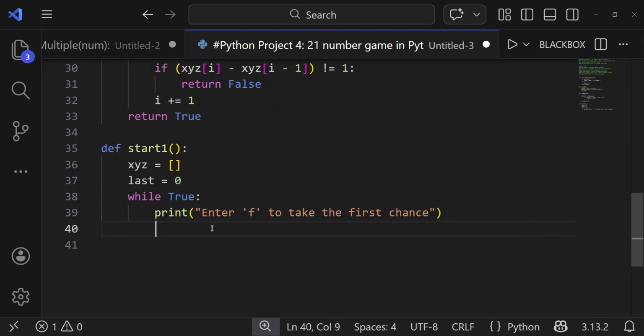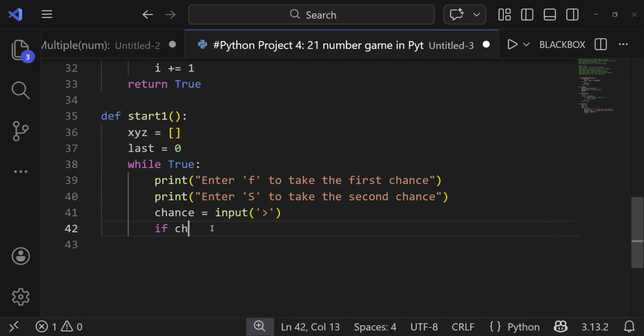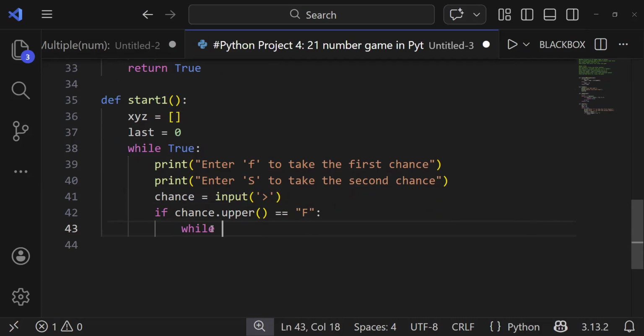All right, and then print, enter S to take the second chance. So this is how it would work. And then we're going to give it a chance equal to input. So if chance dot upper equals F, while true,